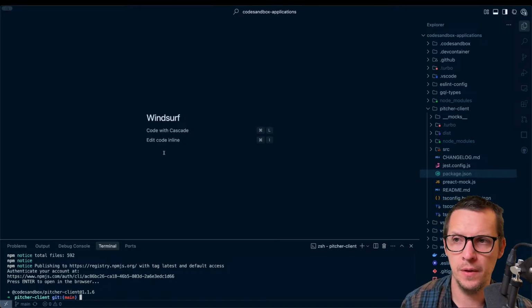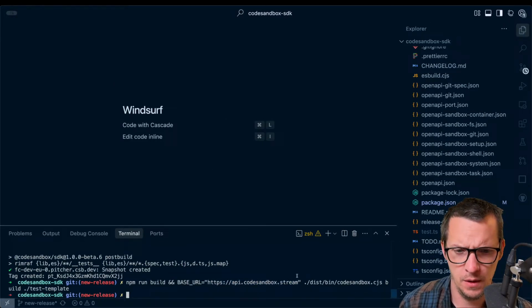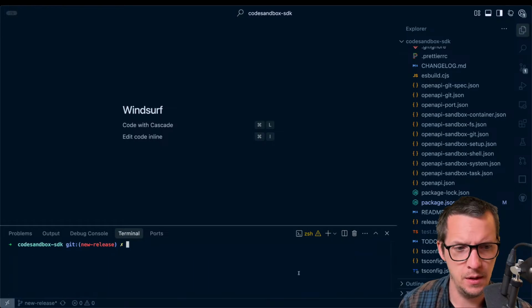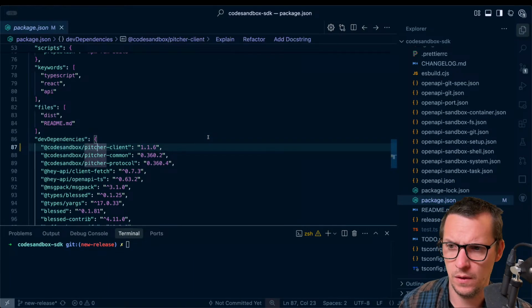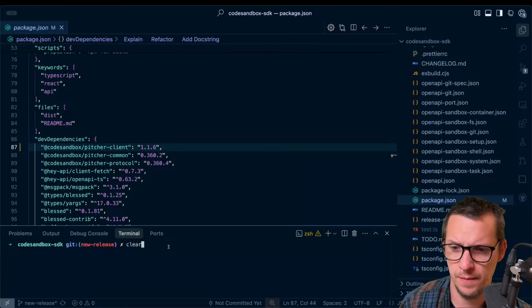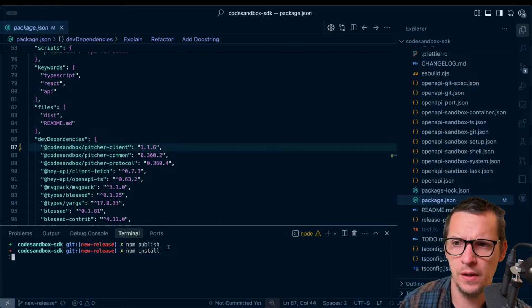Okay, so now we have that one. That means we can go and make that dependency here. Picture client. Oh, we already have that as a dependency. So if we now do npm install,